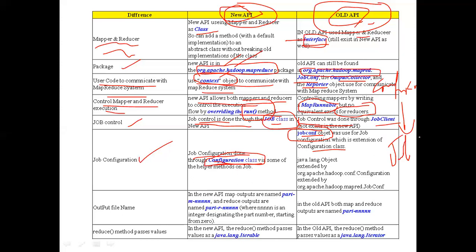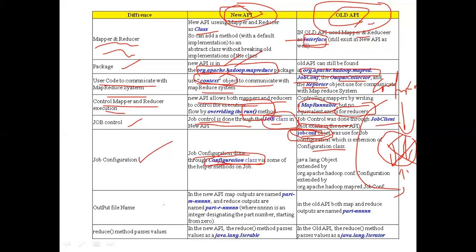The object of JobConf is used for configuring the given job in case of the old API. When we come to the new API, this JobConf class is removed. Directly, the Configuration class is used for job configuration. The middle JobConf is removed. That is one more difference.